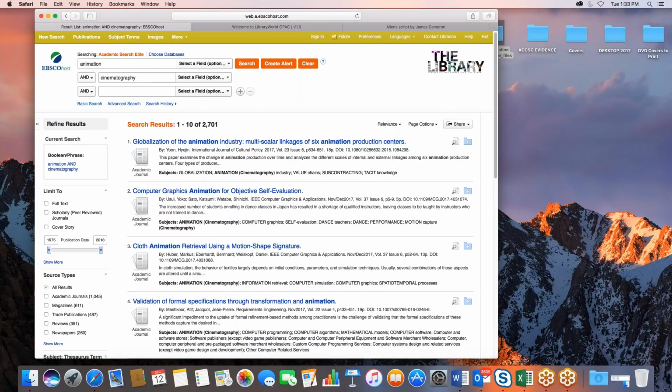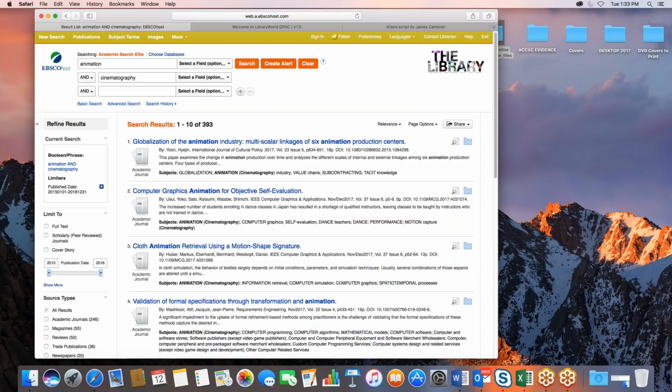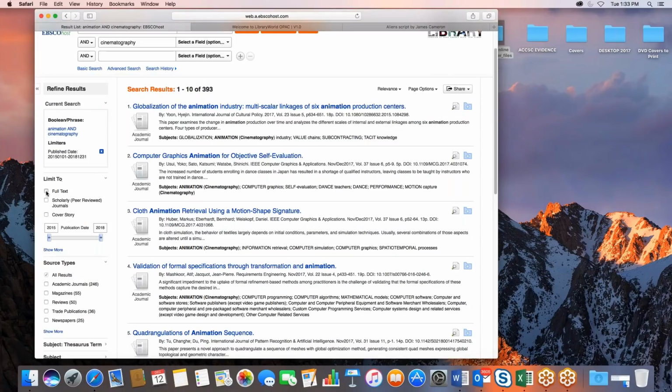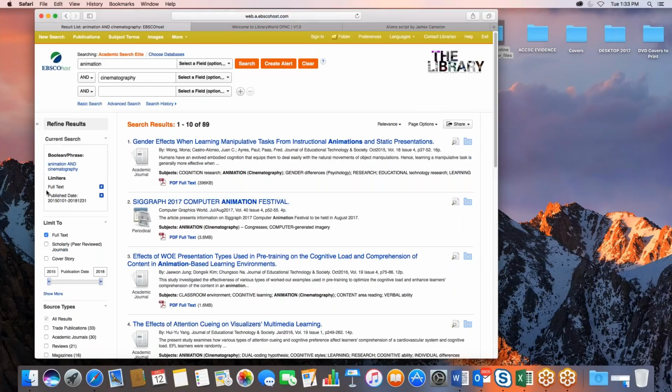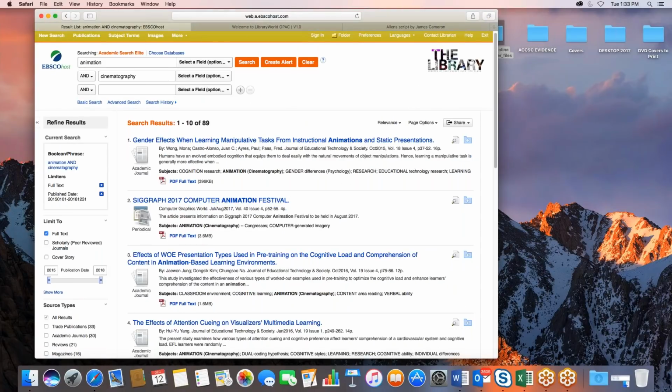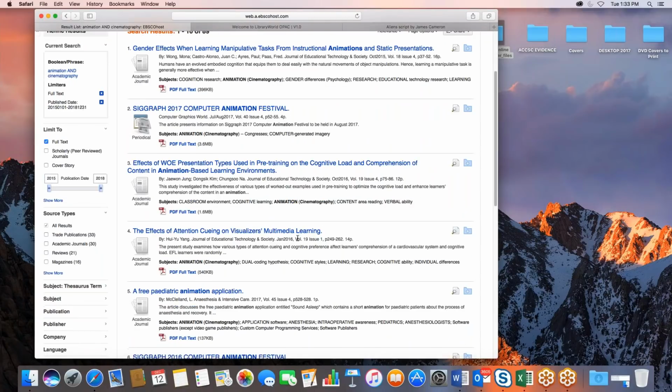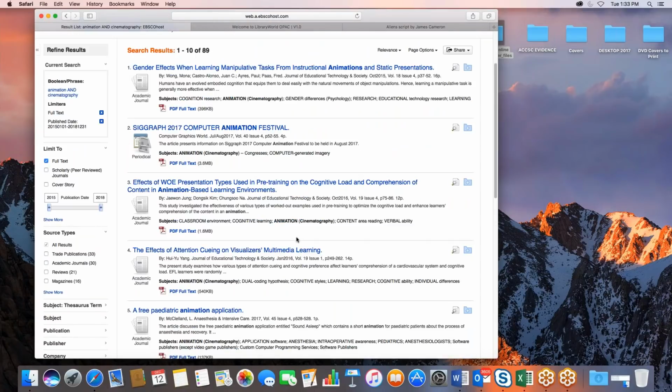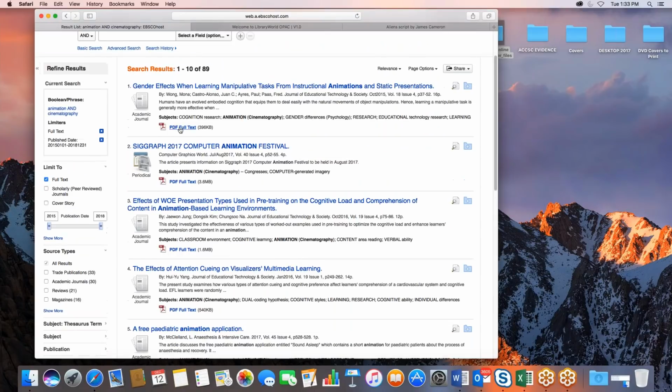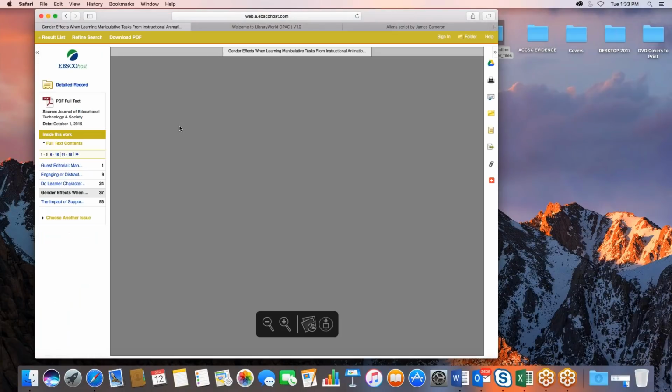We can also narrow down your search results by limiting by publication date. So if you want more recent articles, you can drag that publication tab over and then you'll see more recent articles. You can also click on the full text, and that will give you articles that are complete, because some of them will only give you the abstracts or just a bibliography. But a full text, as you can see, we'll click here. This is what a full